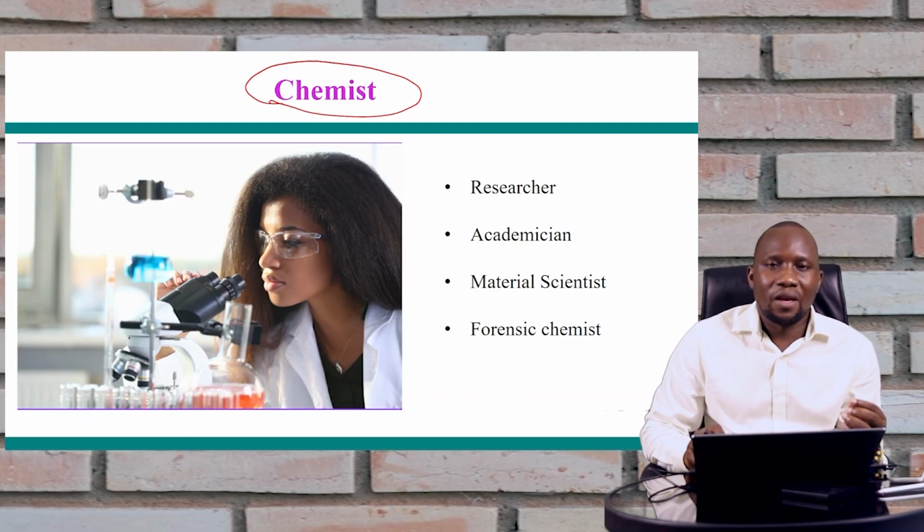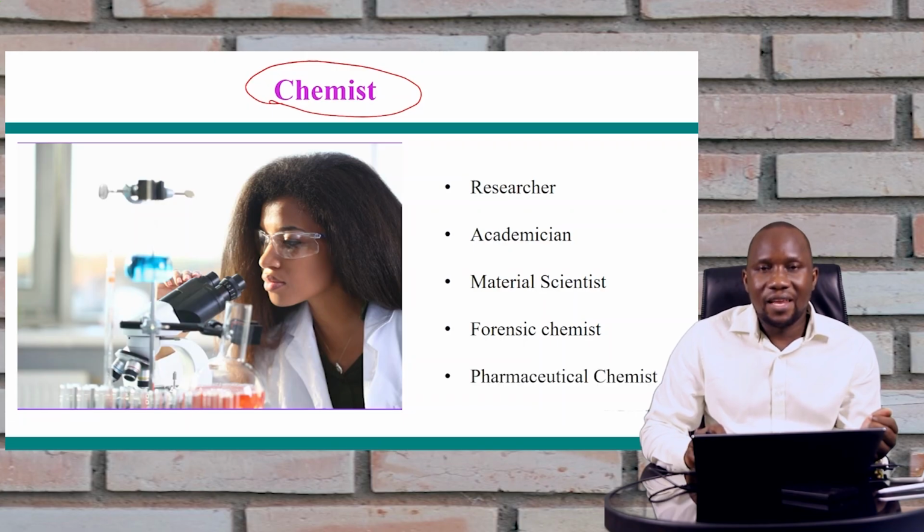A forensic chemist can investigate the nature of a chemical that was used, for example, to poison someone. So a forensic chemist can be used in the investigation of crimes. That means that if you study chemistry at a higher level, you can become a forensic chemist. And then lastly, we use drugs